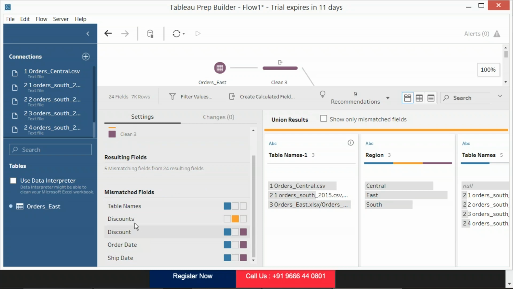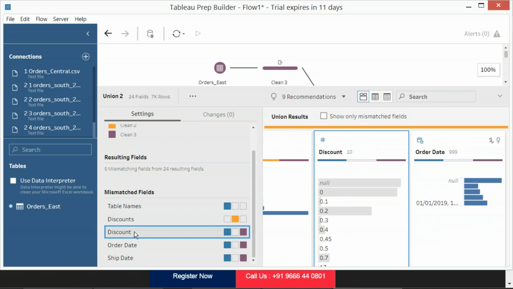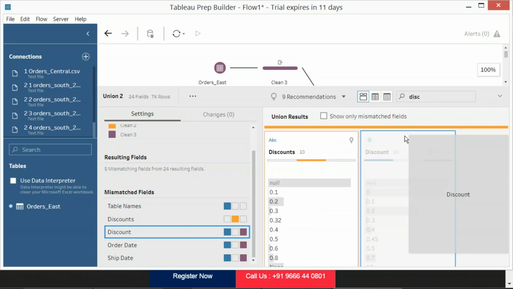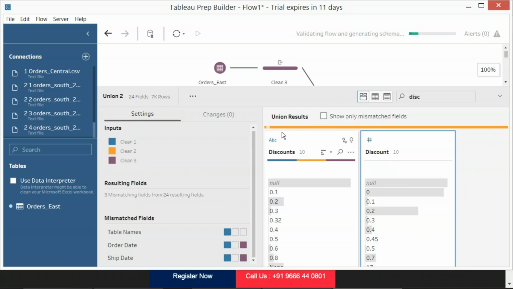Well, we understand discounts and discount both can be treated as a single column, right? So you got discount. I'll search here for discount. So you got these two columns. I'll carefully get hold of my discount and drop it into discounts here. See that, drop to merge fields.